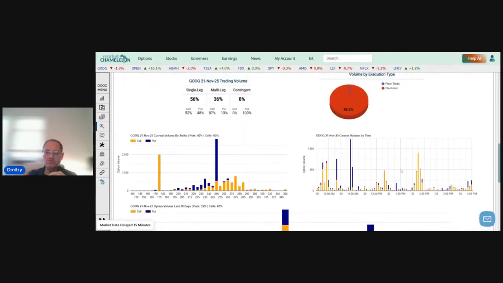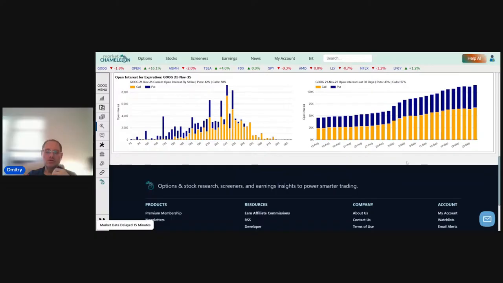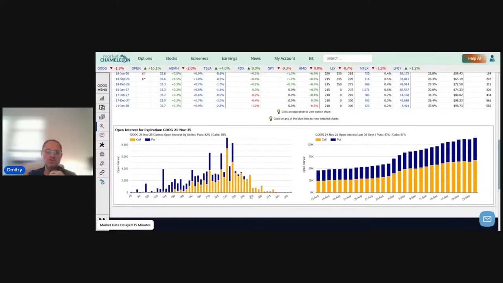And just really quickly before I move on, if we wanted to go to that November 21st expiration, and we clicked on the volume, but if we just look at the open interest, 114,000, and we click on that, we'll get another graph of the distribution of the open interest by strikes, calls versus puts, stacked up, and how that open interest climbed or declined over time. So you can see it keeps building higher and higher, meaning more and more people trading in this particular expiration